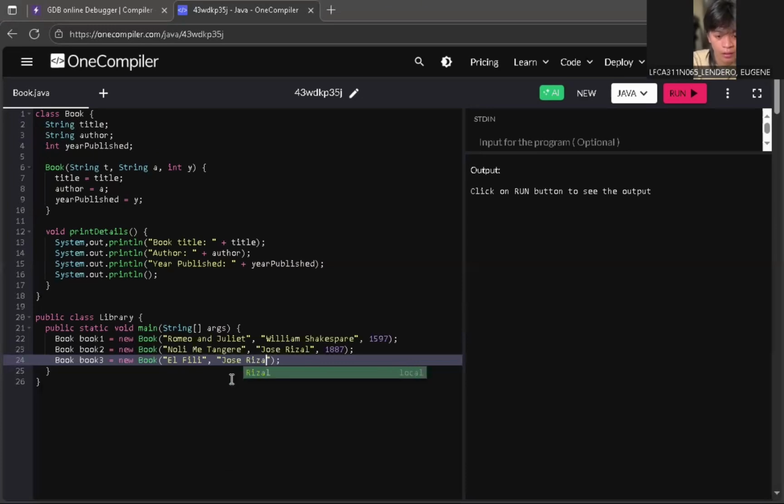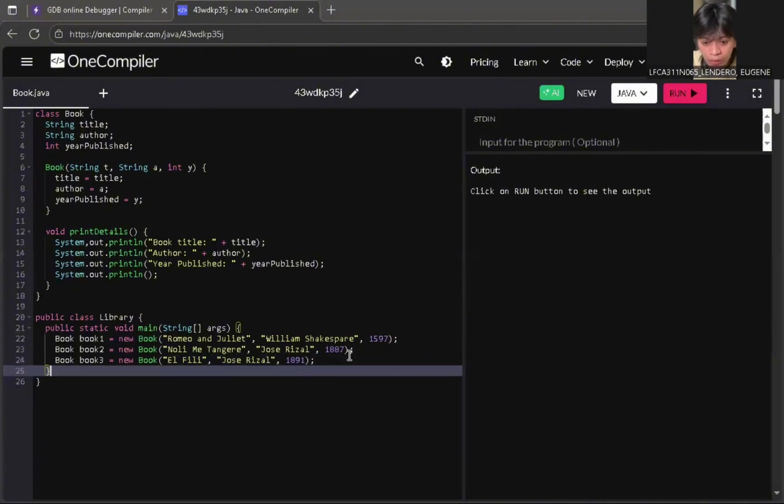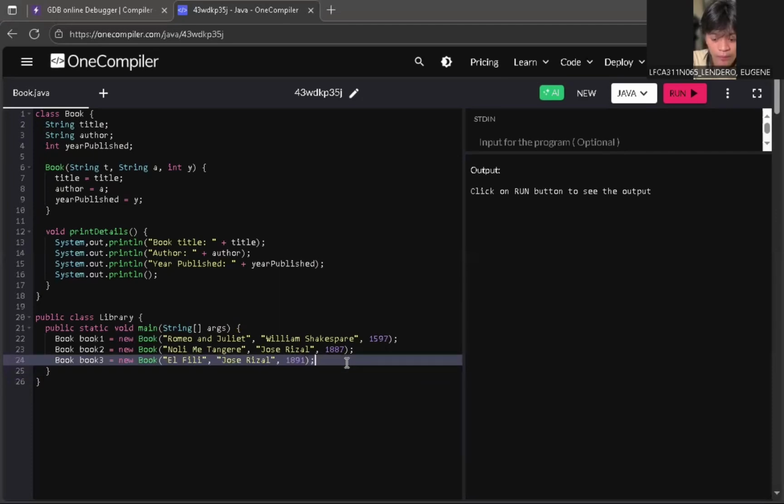So finally, ipiprint na natin yung details ng bawat book gamit tong print details. So what we're gonna do, we have to declare System.out.println to be able to print the details of our books.